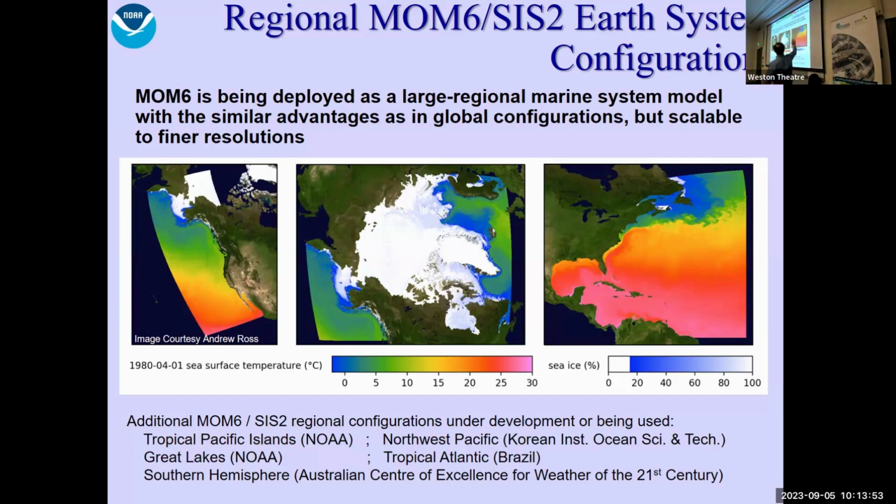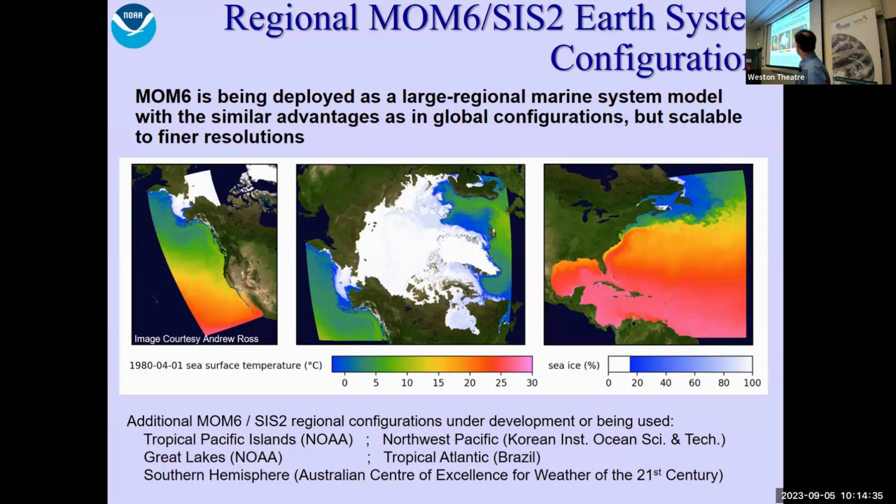In this case, we have separate regional configurations with open boundaries for the US East Coast, for the Arctic, for the West Coast of the US, and there are a handful of other configurations that are being developed and deployed as well, both in the US and with partners in Korea and in Brazil. In Brazil, the application here is the identification of oil spills. A couple of years ago, there was an oil spill that led to oil showing up on the beaches of Rio de Janeiro during Christmas. And the response is to develop a comprehensive system to identify, monitor, and backtrack to figure out which ships were responsible for